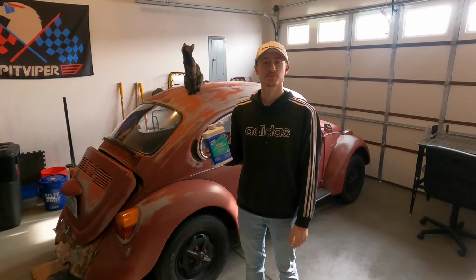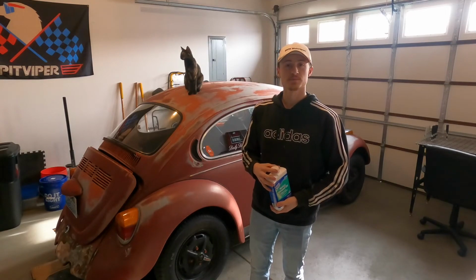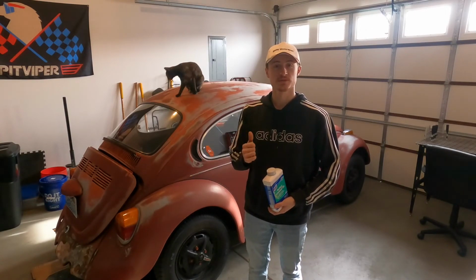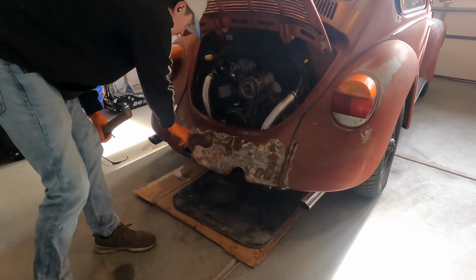Everybody, we're back this week with the bug. We're going to get a nice protective coating on with this boiled linseed oil. But first there's a couple spots I want to clean up, some Bondo I want to get removed, so let's get to it. Alright, so this lower panel here on the bug, as you can see, was at one